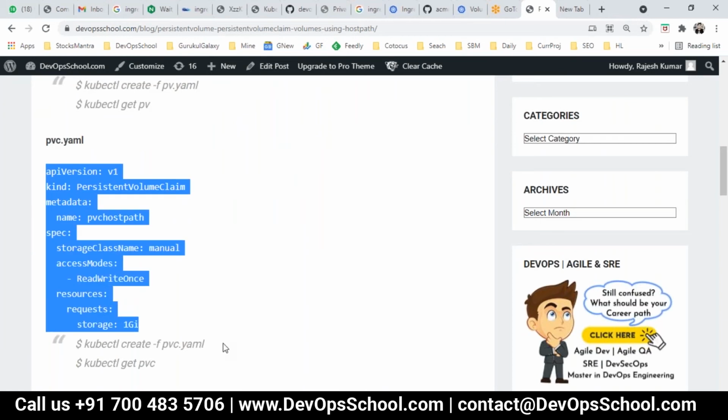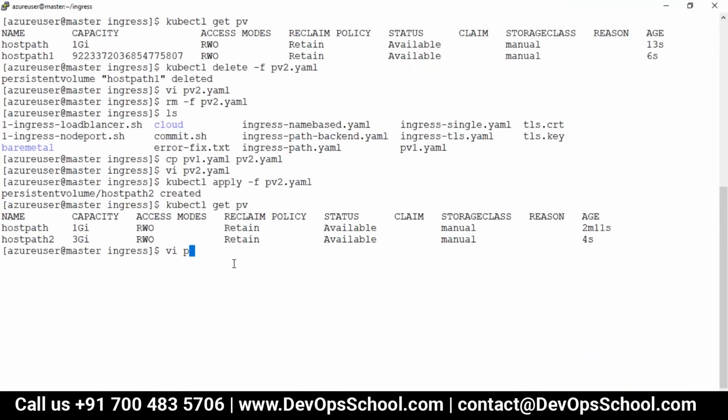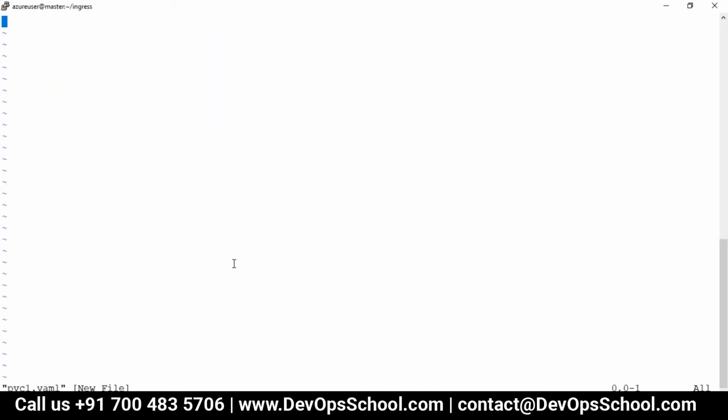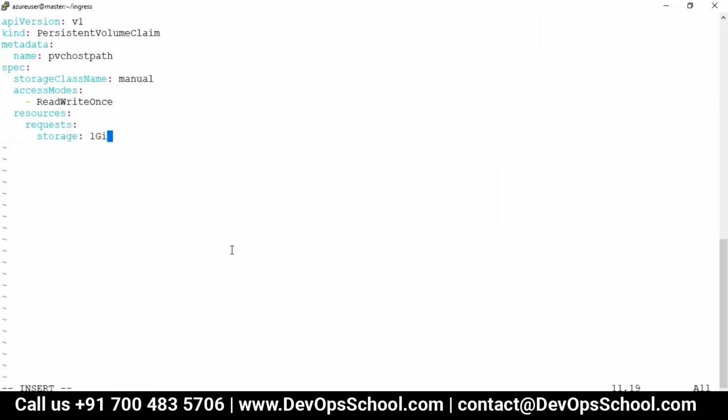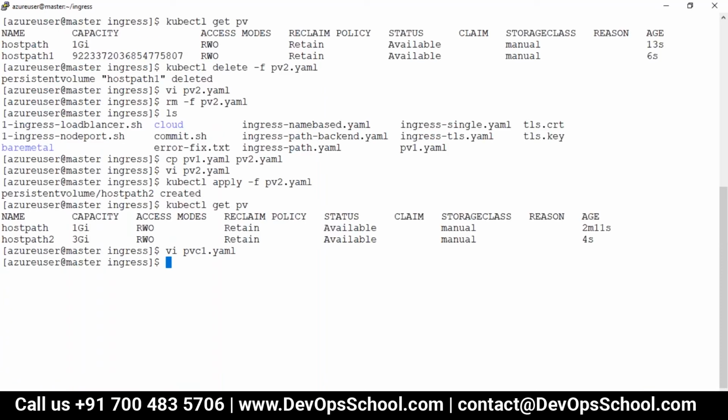So I copy this here, vi pvc1.yaml, and here I'm requesting 5 GB. Remember, a 5 GB pool I don't have. So kubectl create -f pvc.